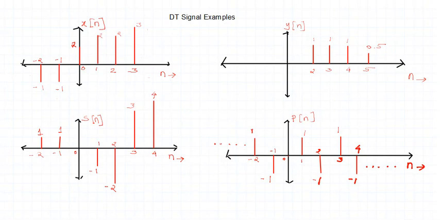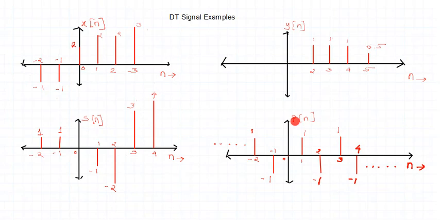Let me talk about s[n]. How is your s[n] signal? s[n] goes again from -2 to 4. When we look at s[n], we understand that samples can take positive values and samples can take negative values, because they are magnitudes. Magnitudes can be positive, magnitudes can be negative, and this indicates the time instants of those samples. If you look carefully, all these samples are equidistant. There is no sample here at 0. Absent. At 0, the sample magnitude is 0.